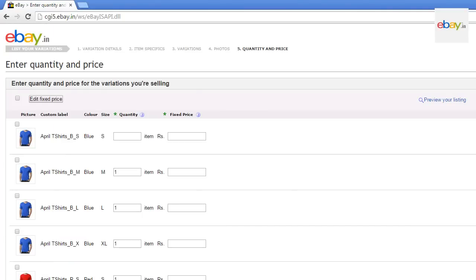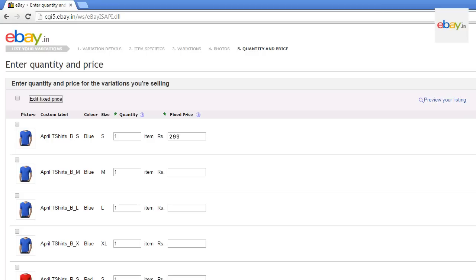You will now be prompted to enter quantity and price for the variation. Enter the appropriate values. You have a choice of putting in different prices for different variations.